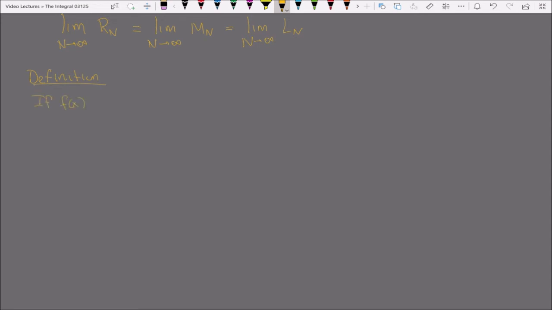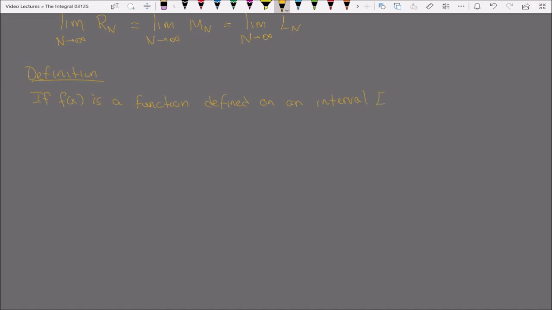If f of x is a function that is defined on an interval a to b, the Riemann integral, also sometimes just called the integral, of f from a to b is